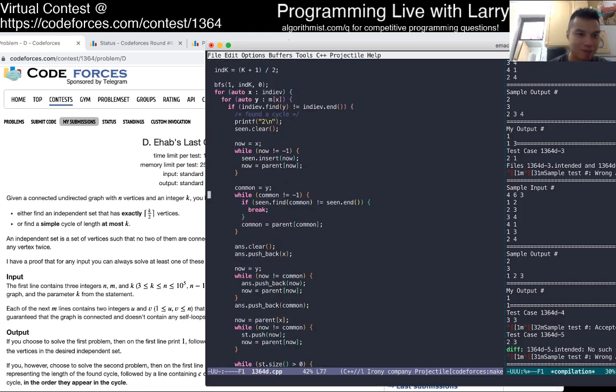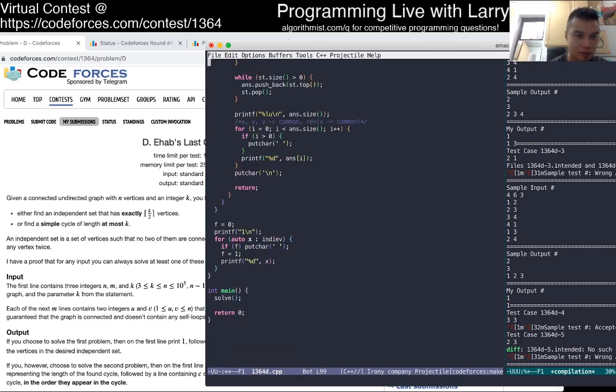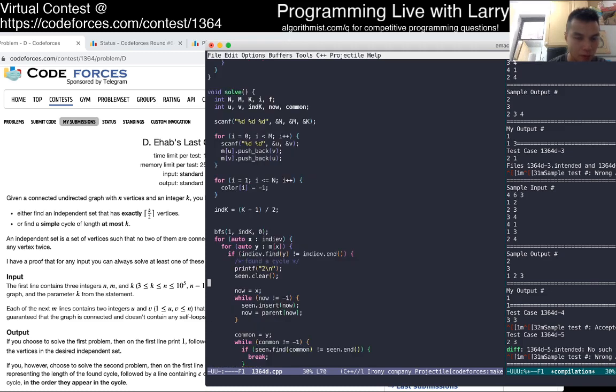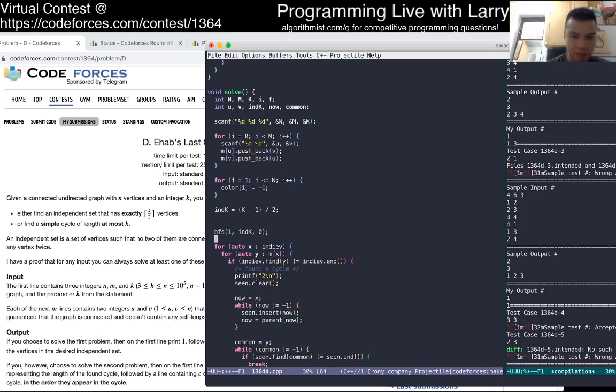So close though. This is really bad code, by the way.